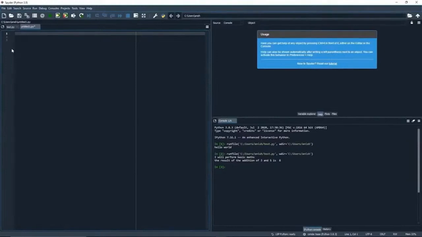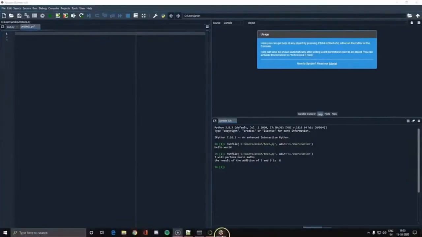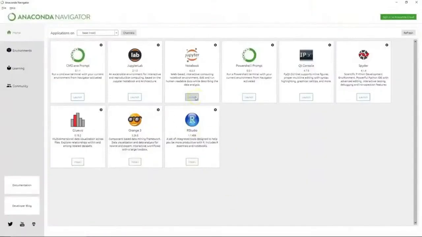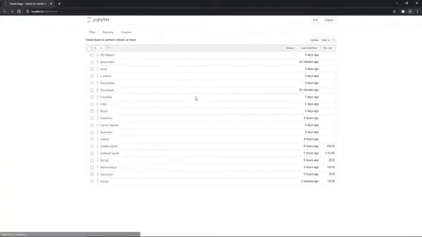So this software is called notebooks. Now, before I get into the details, I will just open a basic notebook. The notebook that comes as part of Anaconda is called the Jupyter notebook. And when I launch the Jupyter notebook, this is what I get.